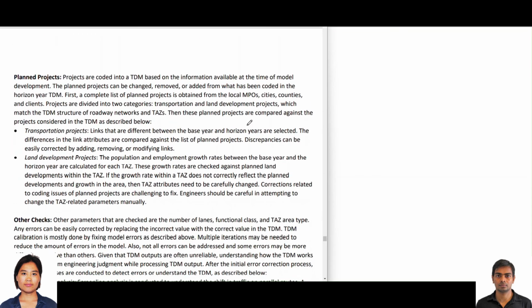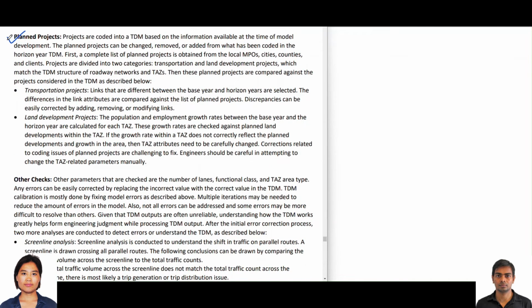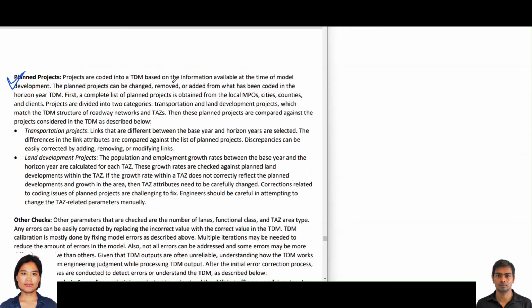Another source of error is planned projects, or discrepancy in coding the projects itself. We usually check the planned projects for all travel demand models. The planned projects are coded in the travel demand model based on the information provided at the time of model development. Like we have seen in previous videos, by the time the model starts developing, let's say we have a base year, and by the time engineers get to use those models, there can be a lag of 3 to 4 years